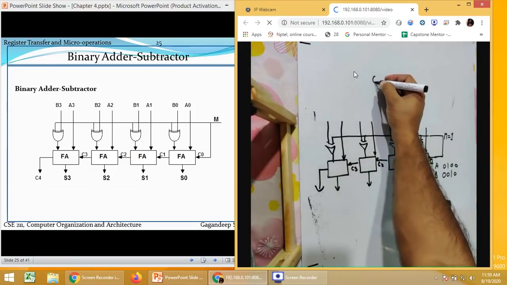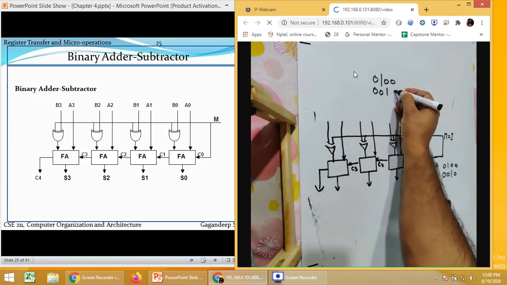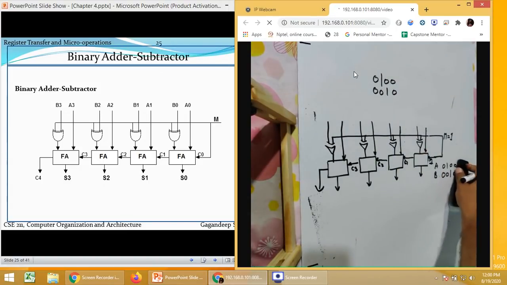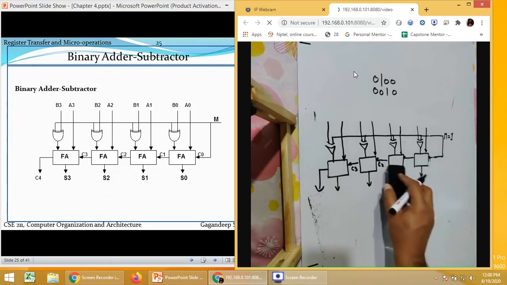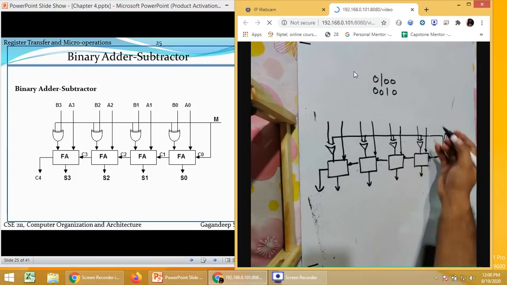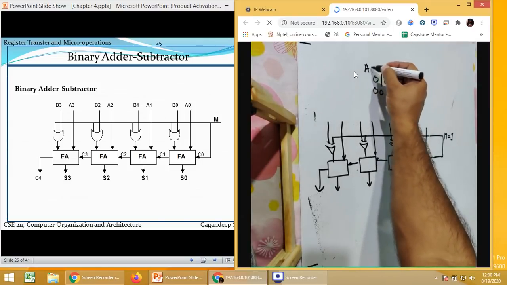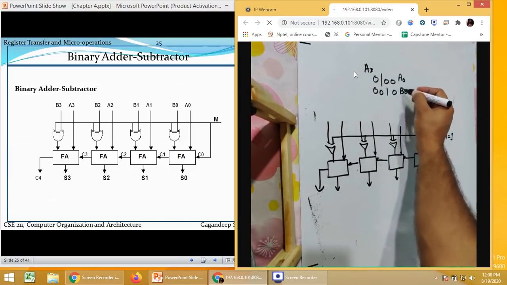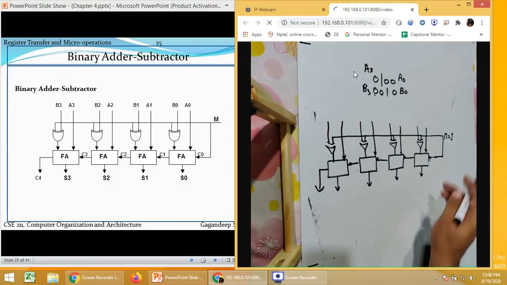So our value is 0, 1, 0, 0, 0, 0, 1, 0. Now this will be the value of A naught. This is the value of A3, B naught, B3. This is B naught, B1, B2, B3.